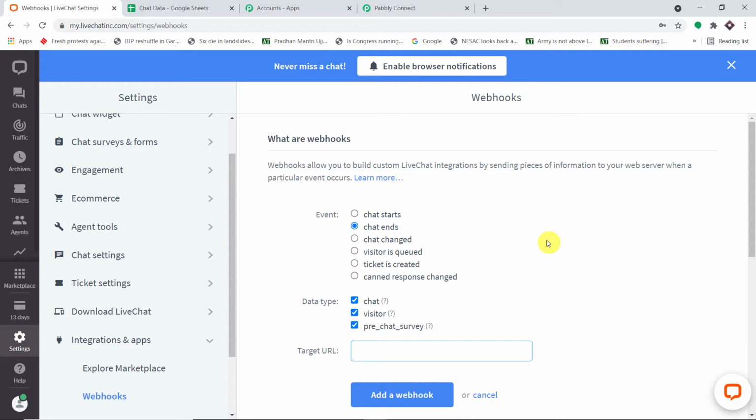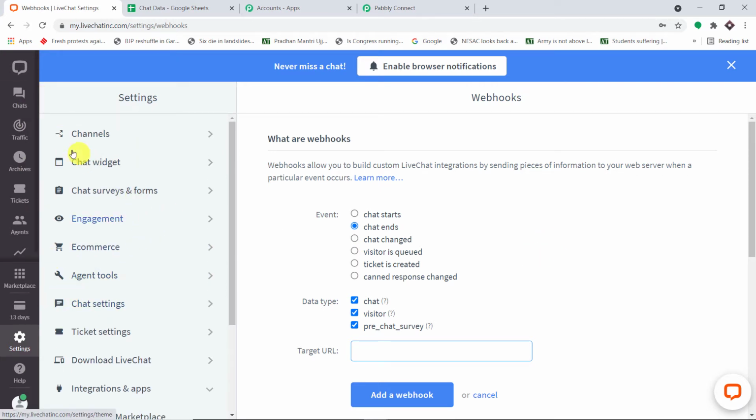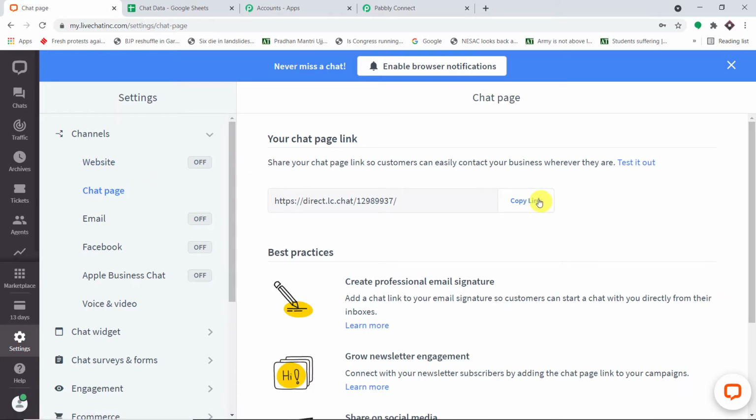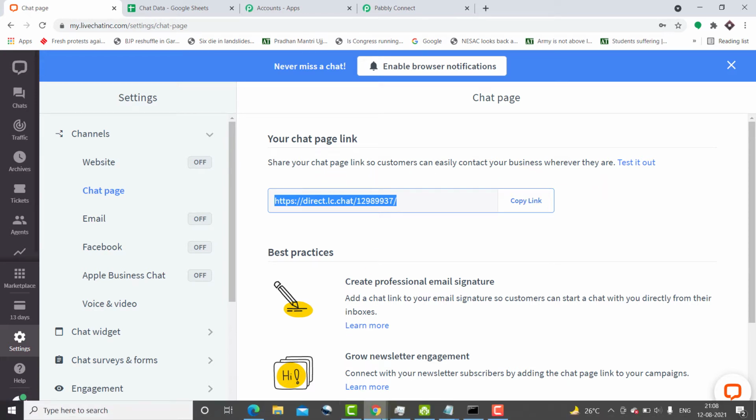Awesome. So what we're going to do here is once again make some dummy entry. Let me just go to channels. I'm assuming that you have already installed live chat in your account, so I'm not going to teach you that. Let me just straight away take you to my chat page and copy that. So this is the link for having a chat with my new customer, and let me open this in incognito mode. Okay, so let's begin the chat.